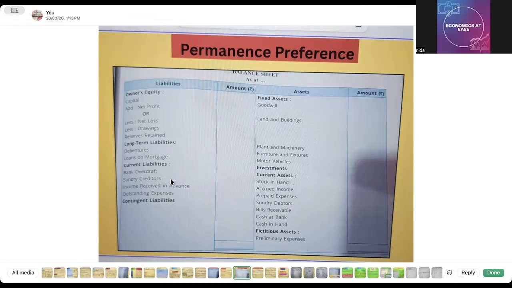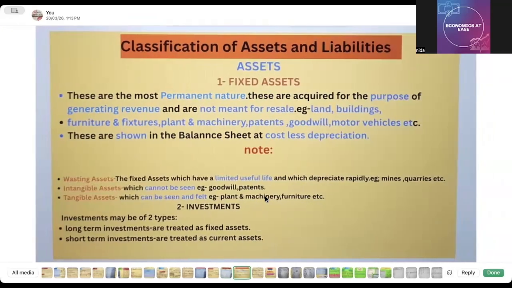बैंक ओवरड्राफ्ट, क्रेडिटर्स, income received in advance, outstanding expenses and contingent liabilities. All you will get these things, these items in the trial balance. ठीक है, एक सिर्फ क्लोजिंग स्टॉक ही आपके बाहर लिखी होगी, मेंशन की होगी, बाकी ये सब आइटम्स आपको कुछ ना कुछ मिलेंगे। जरूरी नहीं है हर बार आपको हर आइटम मिले, बट यू शुड नो वेयर यू हैव टू करेक्टली पोस्ट दैट, ओके, इन विच अकाउंट। नाउ क्लासिफिकेशन ऑफ एसेट्स एंड लाइबिलिटीज, एसेट्स होते क्या हैं? फिक्स्ड एसेट में,